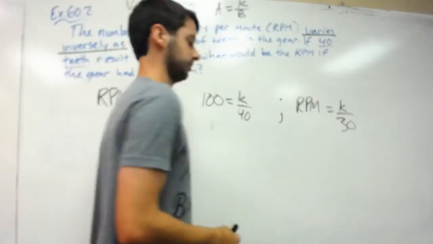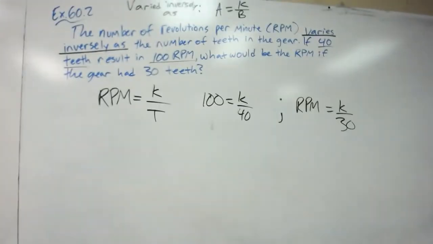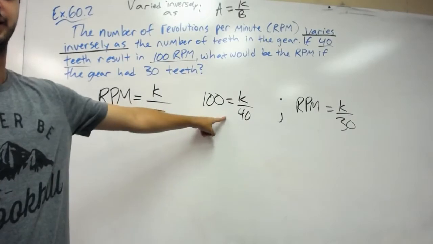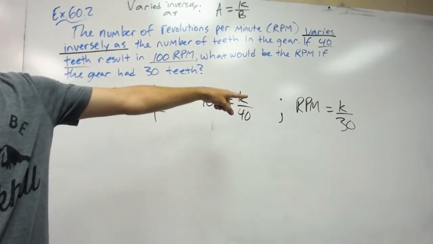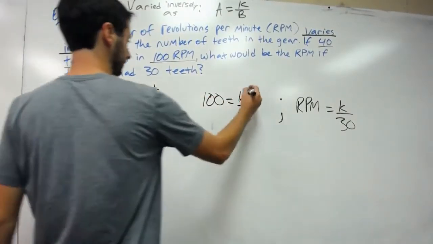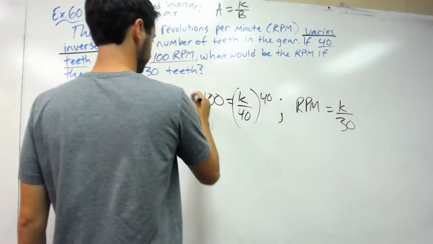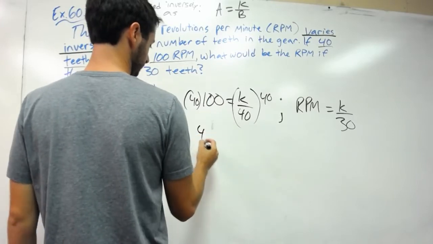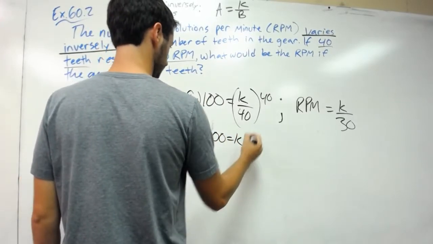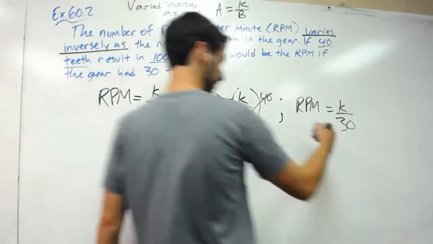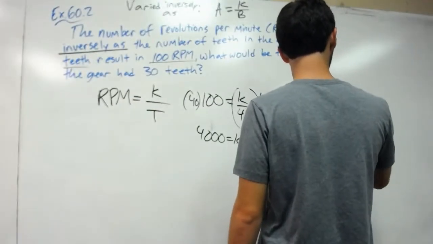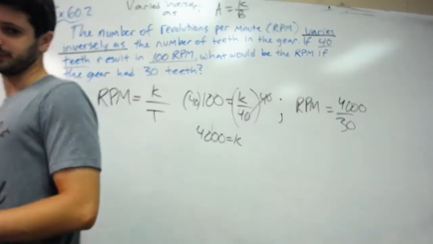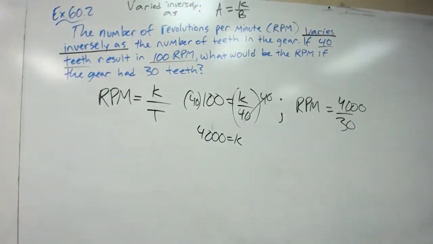But now we have our two equations. And just like the last one, we have one variable here, so we can solve for K and then plug it in the second one. So multiply by 40. And we get 4,000 equals K. Plug it in here. 4,000 divided by 30 is,